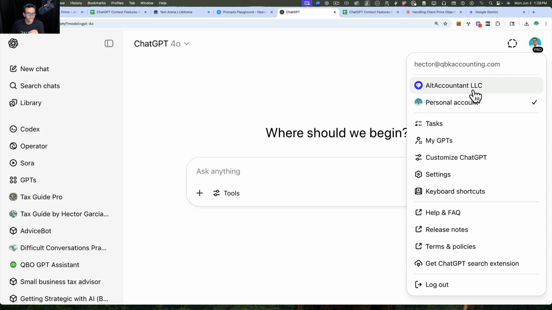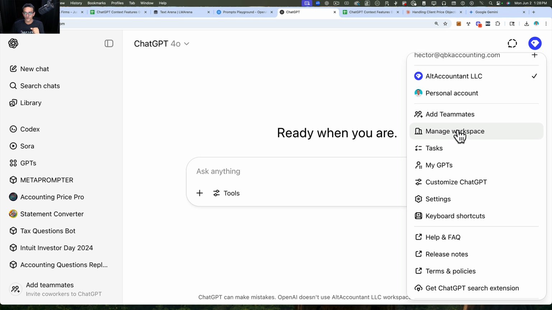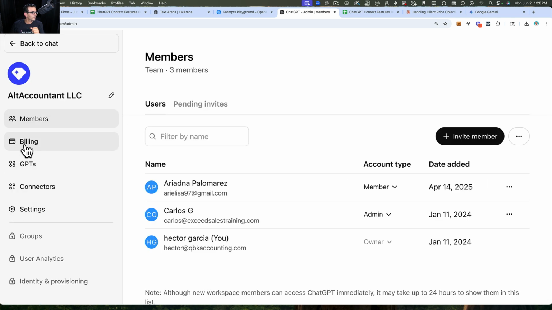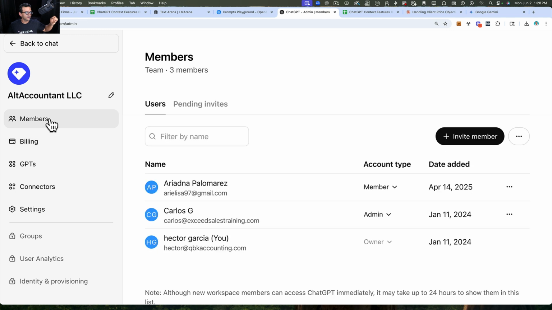So this account is the Team version, and when you go into Manage Workspace under the Settings button, you can go here, it says Billing, and then you can see how many members are in your plan. So I have 3 members in my plan. I'm paying $30 per member, so I'm paying $90 a month on this one company where I have 3 users, which is 3 employees that are working in ChatGPT all the time. And within this Team plan, we are sharing chats with each other. We are putting something up, sending it to them, they're coming back. So we're doing a lot of sharing of chats. That's why we all want to be in the Team plan.